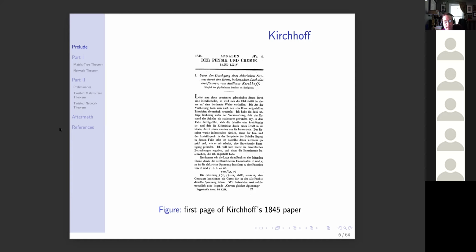And then he goes on in the beginning to explain what he's going to describe. He talks about how one directs a constant galvanic current through a metal plate. And then he says that the electricity will then be in a definite way partition itself, will break up. And at the end of the first paragraph, he says, I will first give the theoretical considerations, and then describe the experiment that